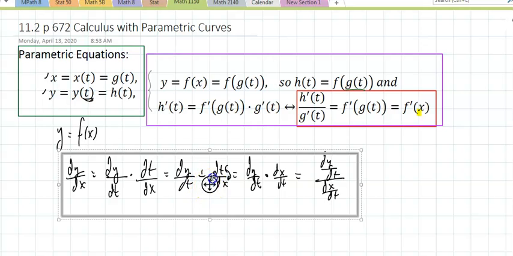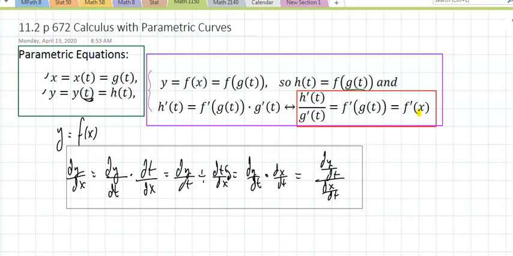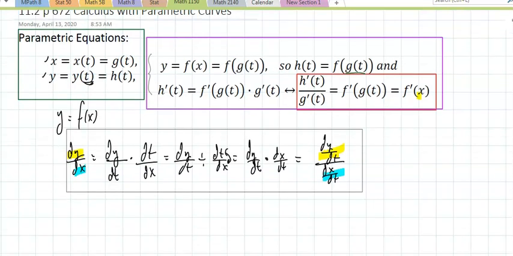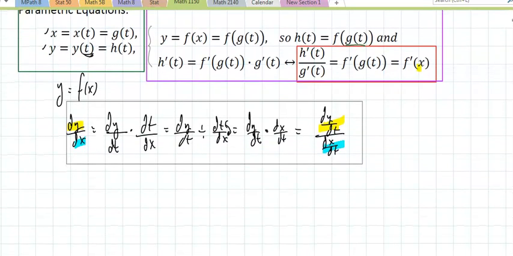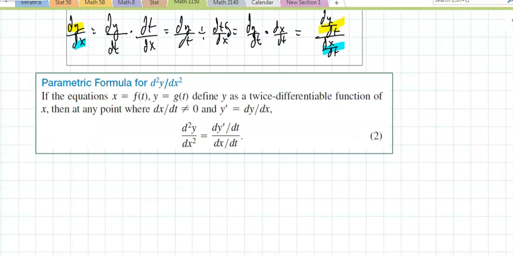So basically, this is how it works. If I want to find dy dx, y depends on t, take dy dt, and x depends on t, take dx dt. And the second derivative is a bit messy, and that's why we're just going to cut it from the book. Provided, of course, that dx dt